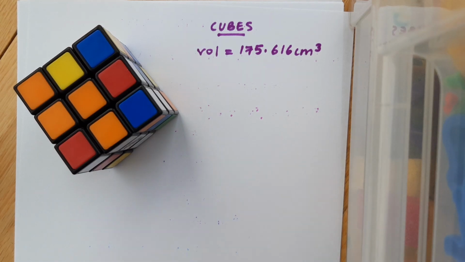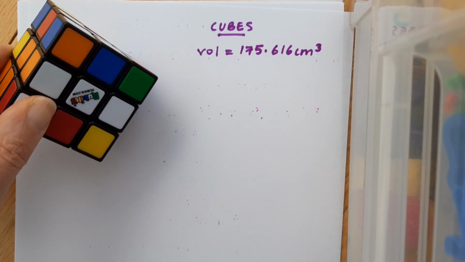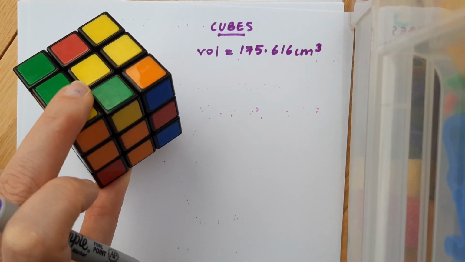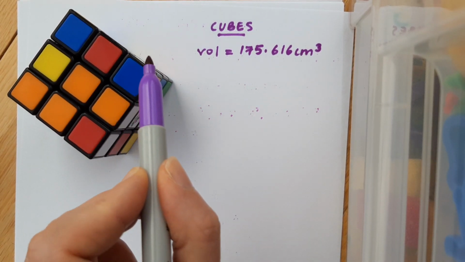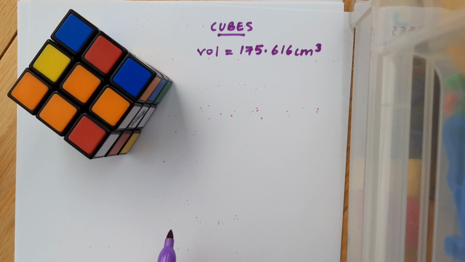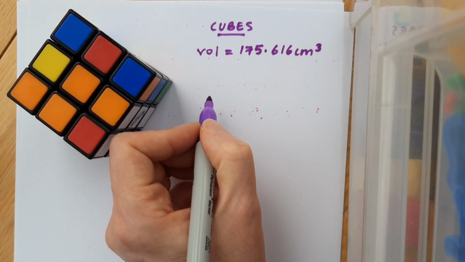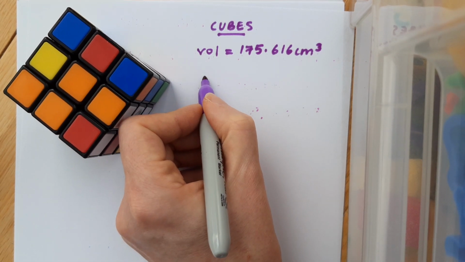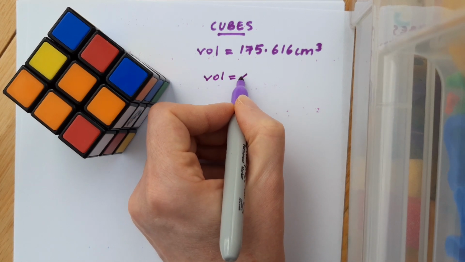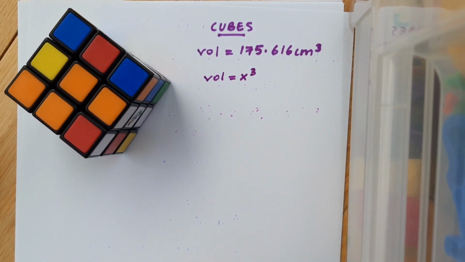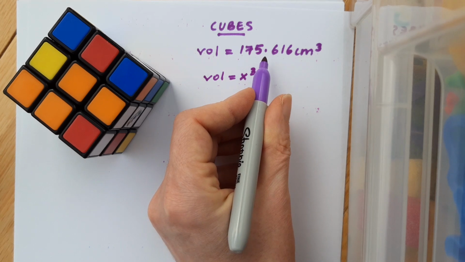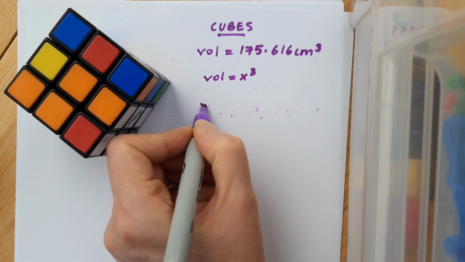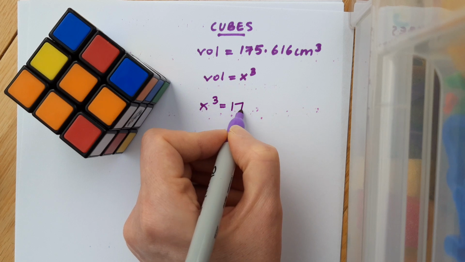Okay, so now here I have a cube and I've calculated that its volume is 175.616 centimeters cubed. And I want to figure out the length of one edge. So how am I going to go about this? I don't have any of the measurements, but okay, let's think back. I had a formula for a cube's volume and it was x cubed. And again, I'm making a note of the formula before I begin to do anything else. So that formula, if I had the numbers to put into it, would spit out the solution for volume. So I'm going to write down x cubed equals